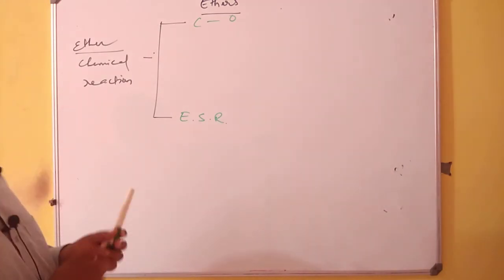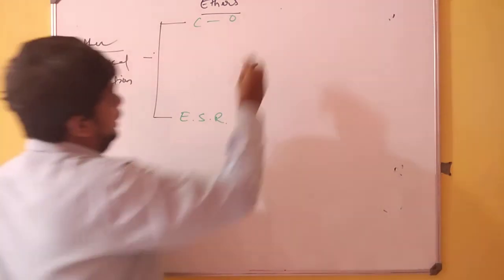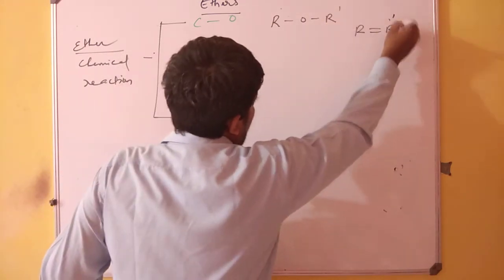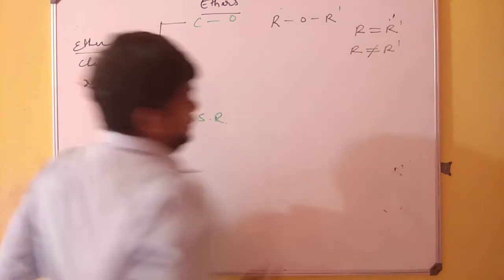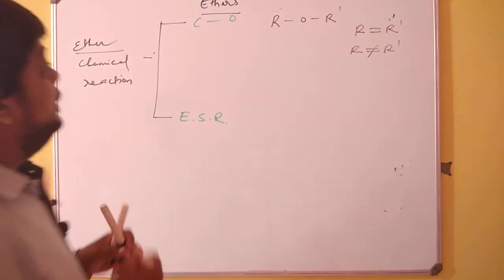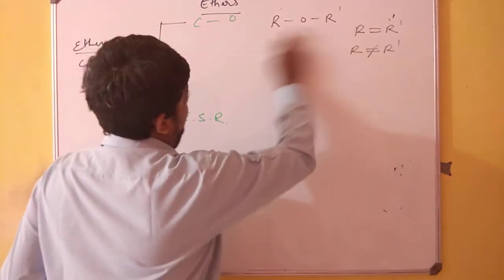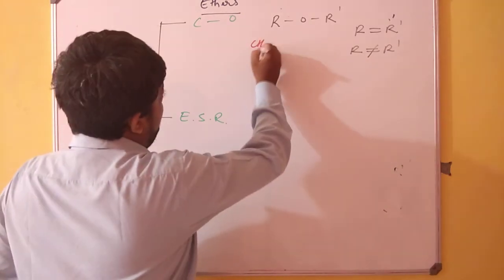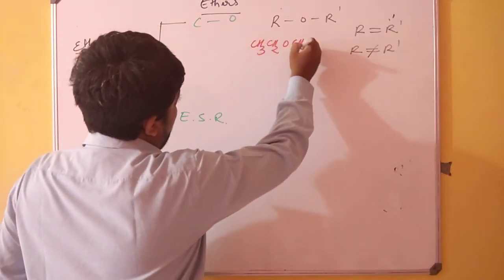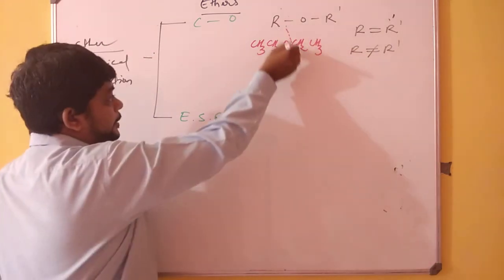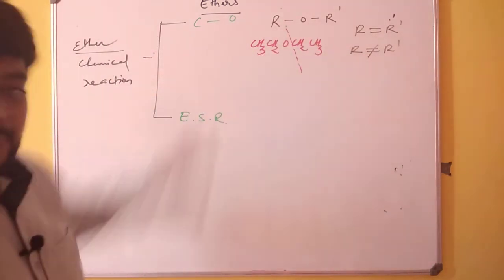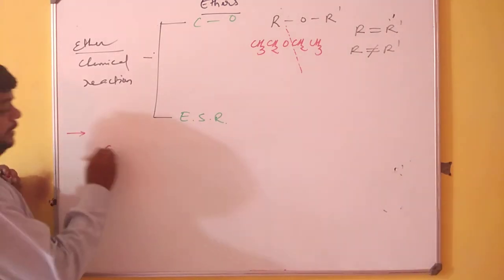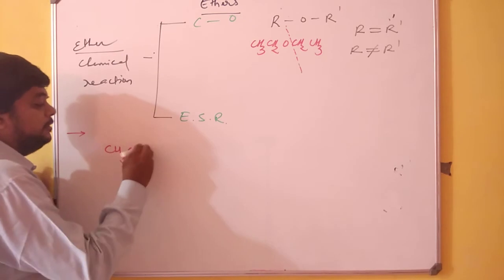Now what is this breaking of the CO bond? So be very clear, whenever I write ether, that is R O R dash, where R is equal to R dash or R ain't equal to R dash. See what I'm doing. In such a case where R O R dash is written, check very well that if I replace it, I will break it from here. So I'm breaking a CO bond. And now going into details with such reactions, let us take the first reaction, that is hydrolysis of ether.